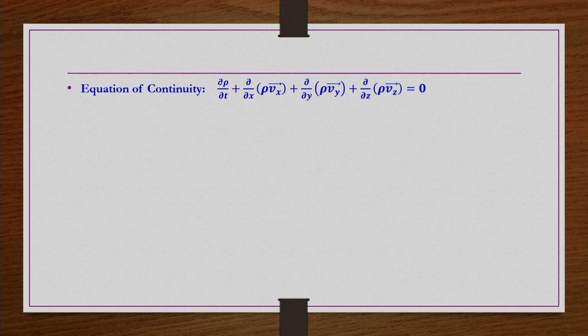It is an incompressible as well as steady flow. So, the first term is 0, Vx is negligible, Vy is negligible, and the flow is fully developed. Vz exists, but the flow is fully developed. If the flow is fully developed, that means any variations in the flow properties along the flow direction would be negligible. So, dou by dou z of Vz is 0. So, continuity is satisfied.